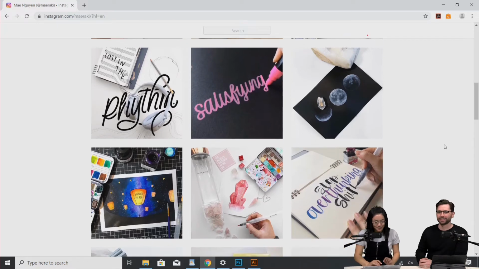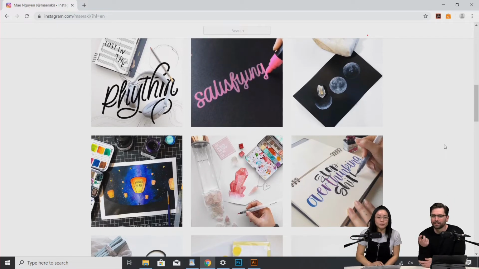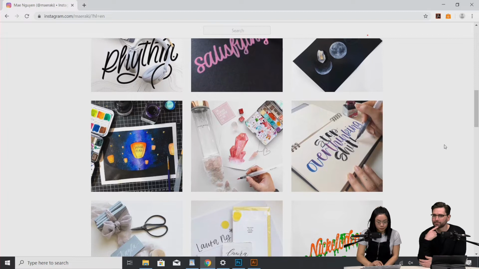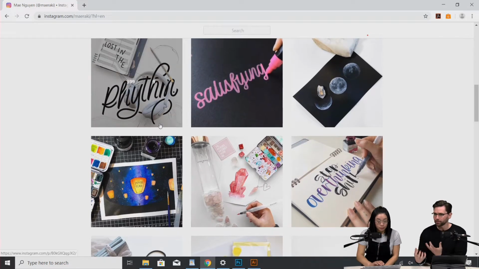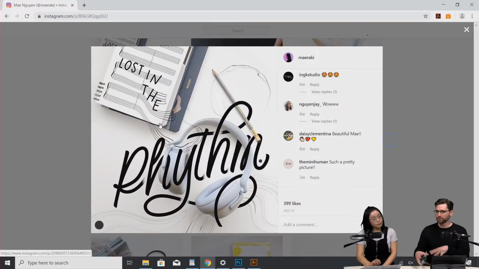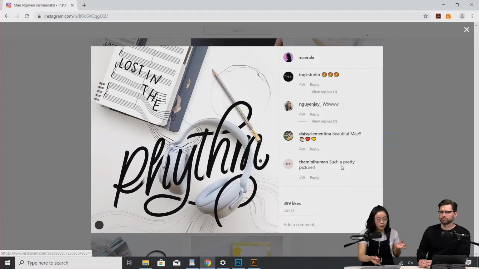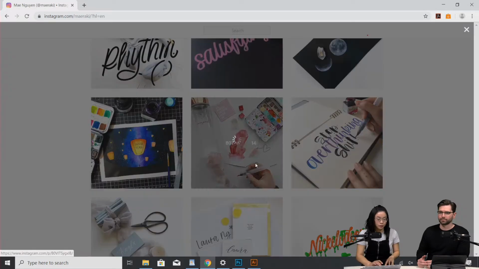I love that one to the left that wraps through the photo. When you're doing this kind of work, do you take the photos as well? Do you use stock? Normally it depends what I'm trying to photograph. With this one I wanted to really highlight the headphones, so I went from there. But I do use photographs from Adobe Stock. And I do a lot of watercolor as well.